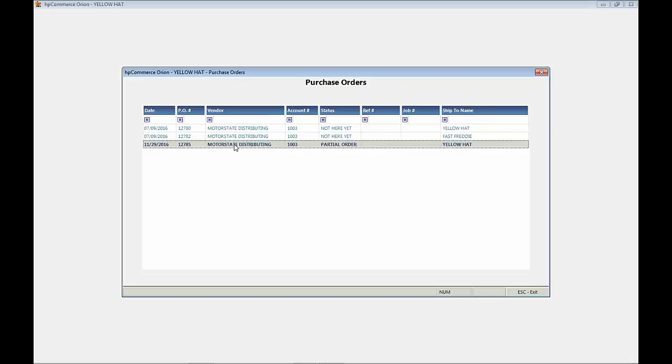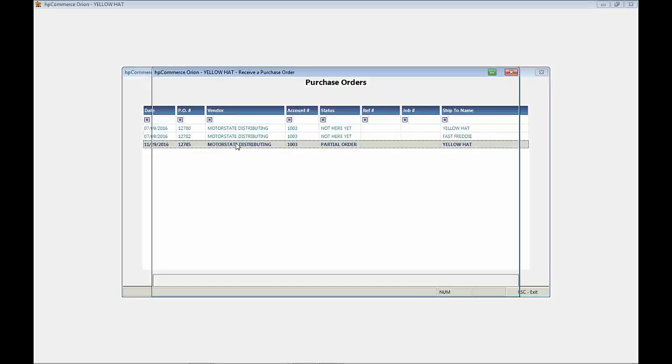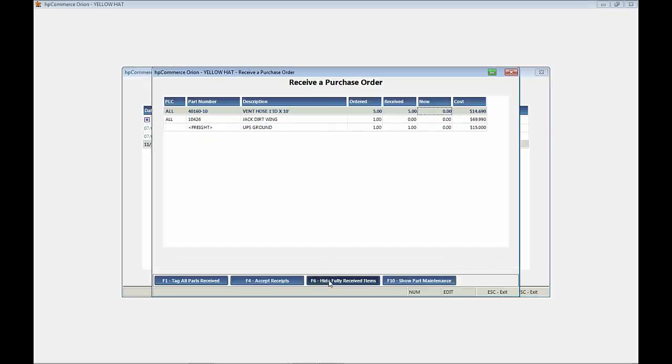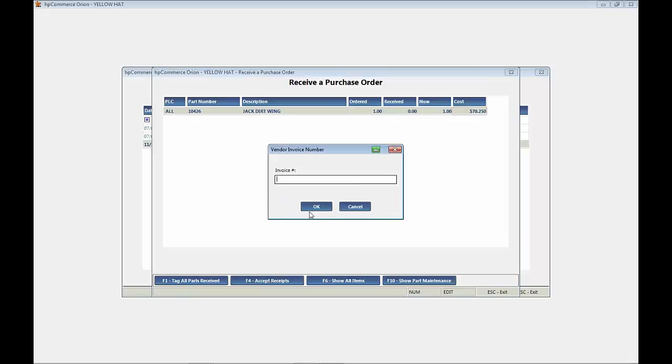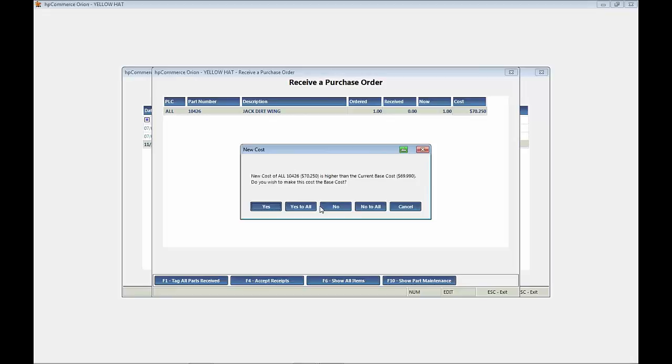Say it's several days later and our jack wing on the order has been fulfilled. We can open that PO back up. We can hide fully received items. It shows just the item that we haven't received. We can go ahead and tag all parts received. Go ahead and adjust our final cost, accept receipts, indicate our new bill of lading or invoice number,